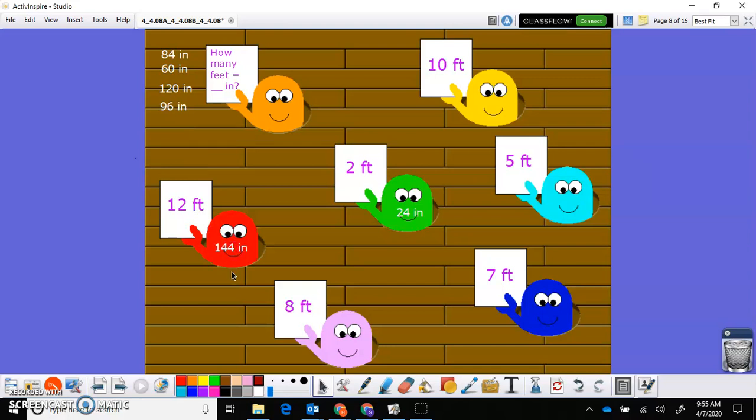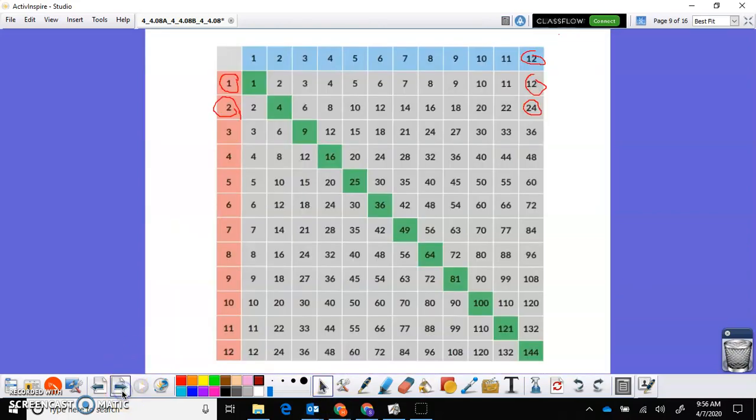See how that multiplication chart is going to help you. We have 10 feet. So 10 times 12 is going to be 120. 5 times 12 is 60. If I'm looking at my multiplication chart, I'm getting that real easy. 8 feet times 12 is 96 inches. And finally, 7 feet is equal to 84 inches, okay? So using that, I can go all the way down in my